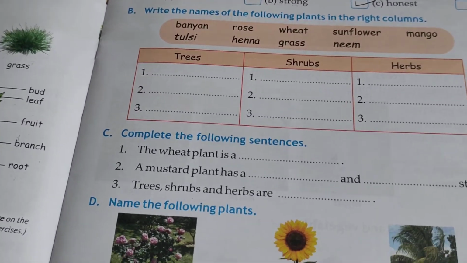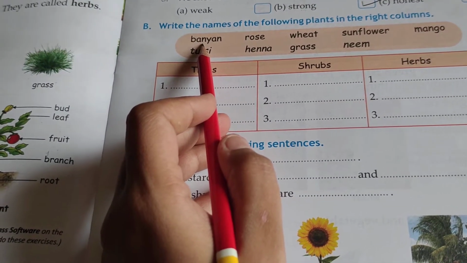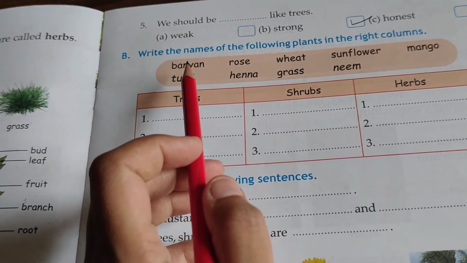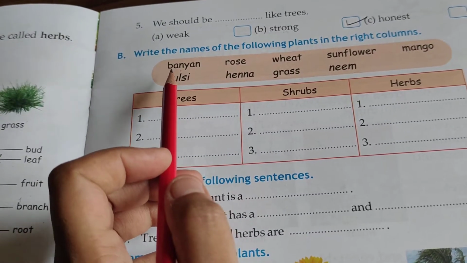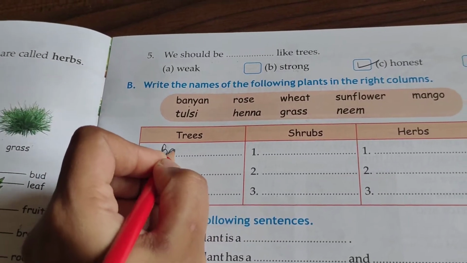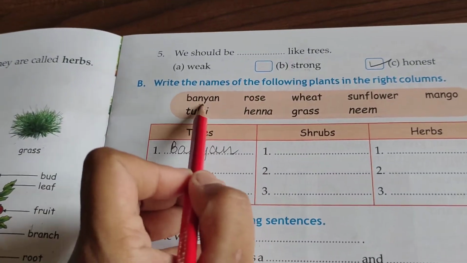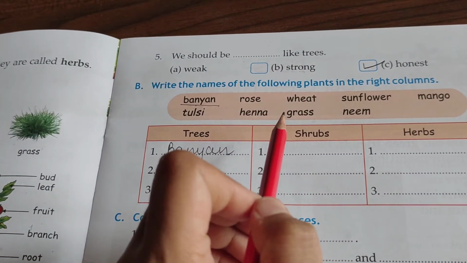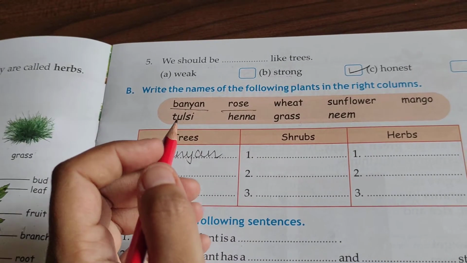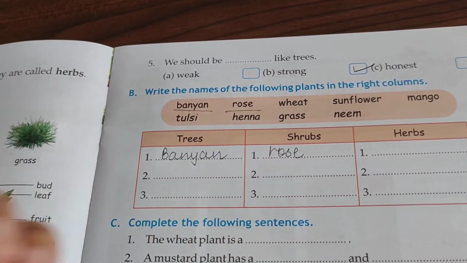Okay. So first word is banyan. Now banyan is banyan. I have explained to you on Tuesday also that banyan in Hindi is known as बरगद का पेड़. Okay, so banyan is a tree, so it will be written under the column of trees. So what you will write here? Banyan. Now coming to the next word, as we have completed the word banyan, we will underline it. Then comes the word rose. Now rose is a shrub, so we will write it under the column of shrubs, rose.